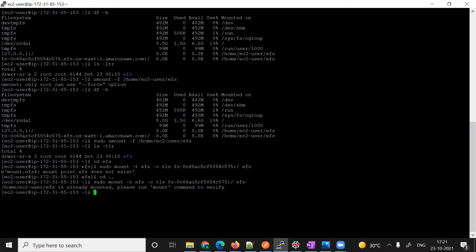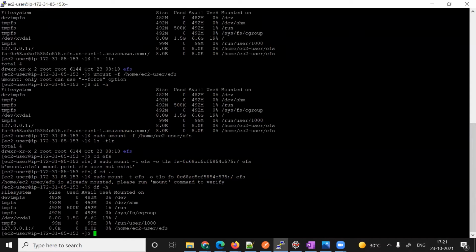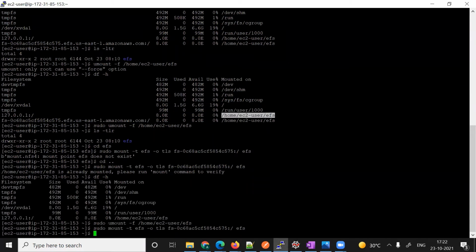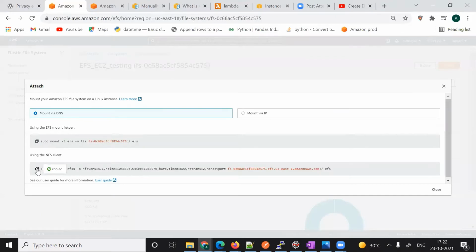Let me see whether, after running this command, it got unmounted or not. How to see? df -h. It is already there, so let me unmount it again. Okay, now we will run the mount command, and then again run this command to mount it.